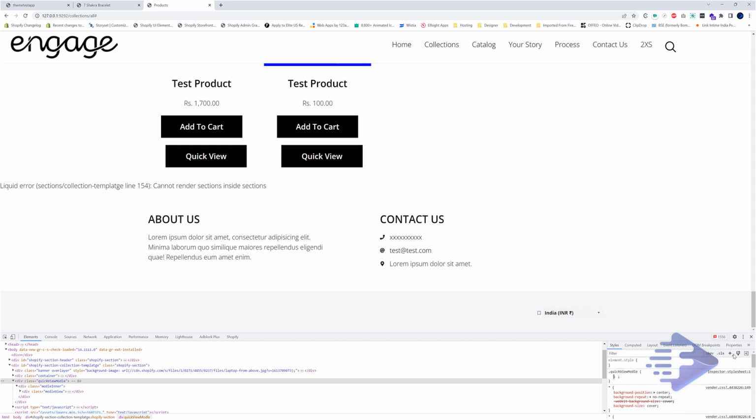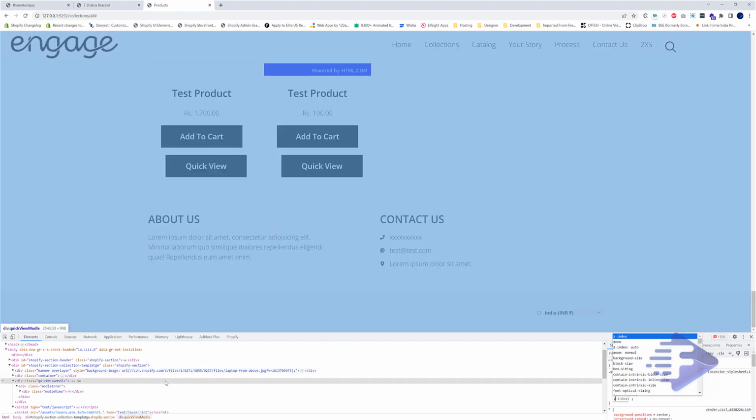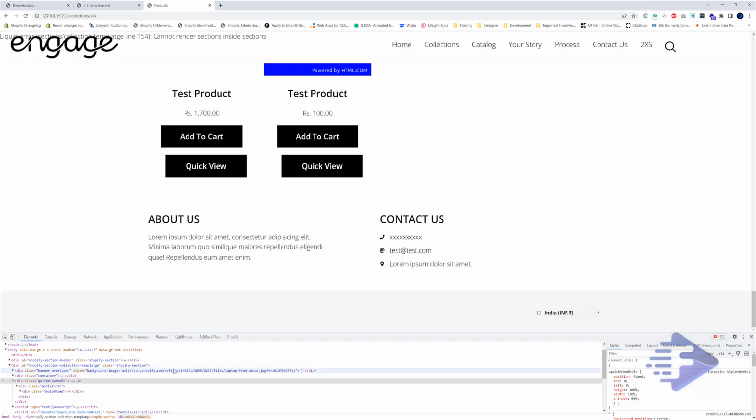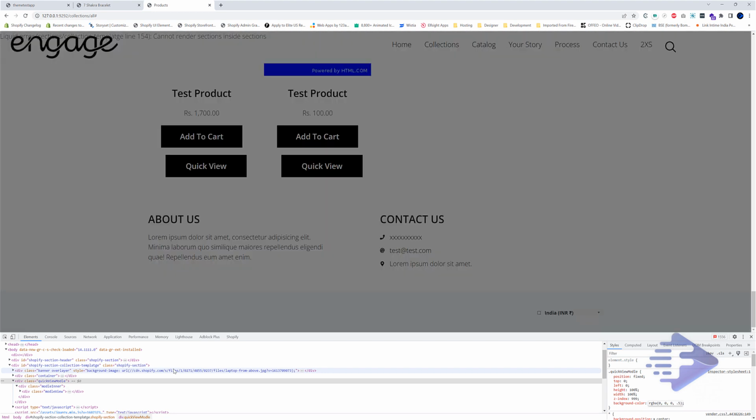I'm going to say this one position fixed, top 0, left 0, height 100%, same with width 100%, z-index will be 999, background will be RGB 0 0 0 and 0.5.